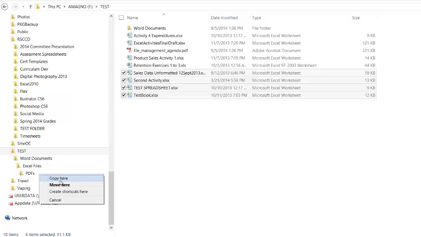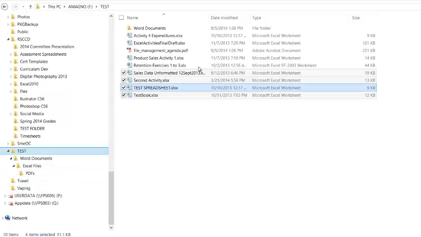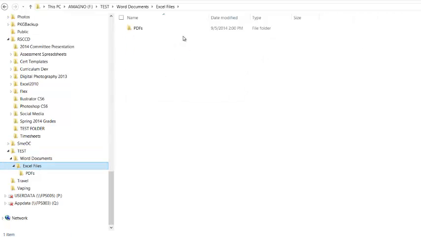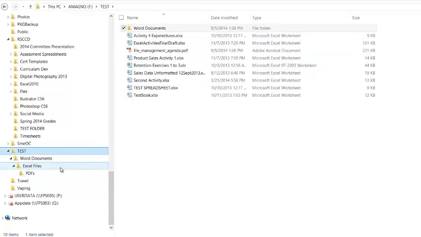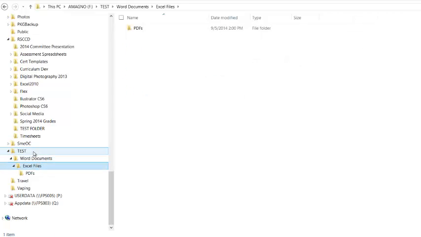If I want to copy them, I hit copy here. So these last 4, if I look inside of Excel, oh sorry, I think I moved them to PDFs. Yep, if I look inside of here, they've been combined with the other ones, but they're still in my test folder. Now if I wanted to move them to Excel files, which is presently empty,